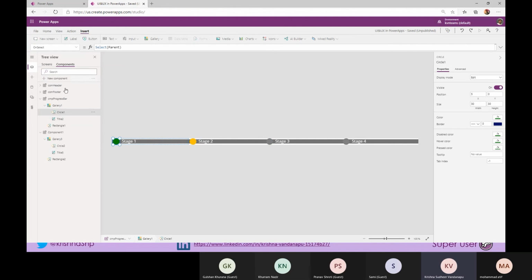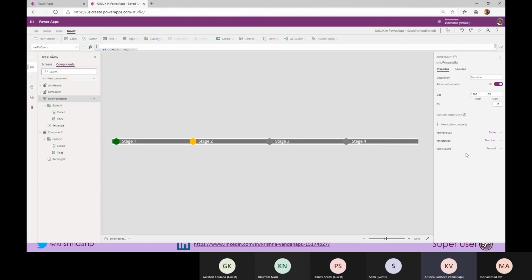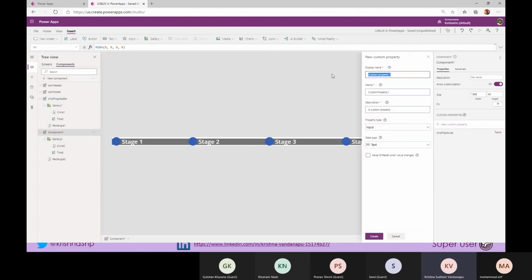To do that, we have to create two more properties at the component level. Number one is active color, whatever we are showing. So I have created one more property with the property value as record. I am going there and saying colors.